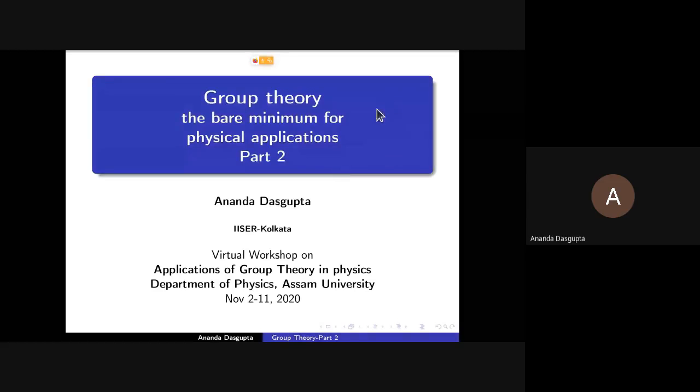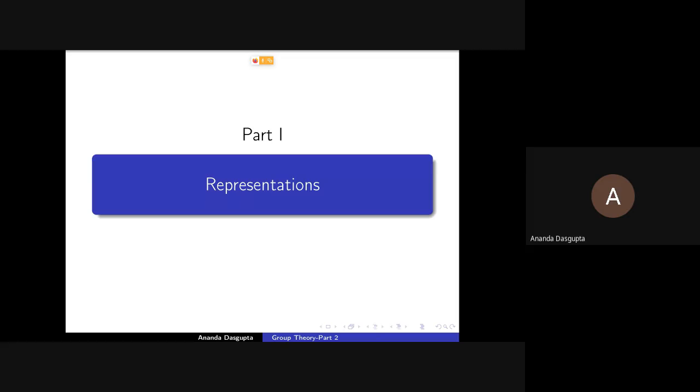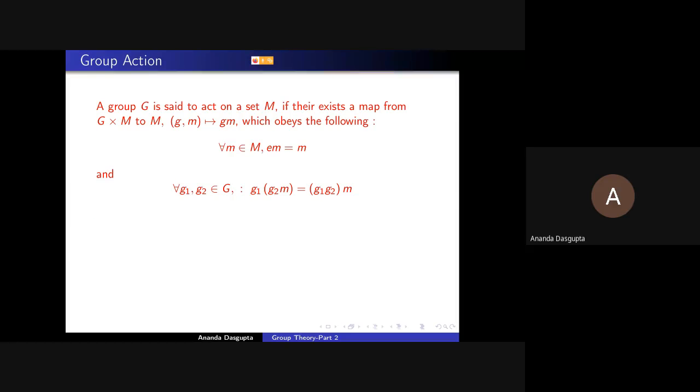Okay, so basically, yesterday's talk was primarily about abstract notions of group theory. There, of course, are practical applications, but most of them were stated at least in an abstract manner without reference to any specific group. Although we did refer to specific groups, most of the results that we talked about could be used for any group whatsoever, at least, say, finite groups and so on. Today, what we are going to do is take a look at representations first. And this is where the connection with physics becomes even more apparent.